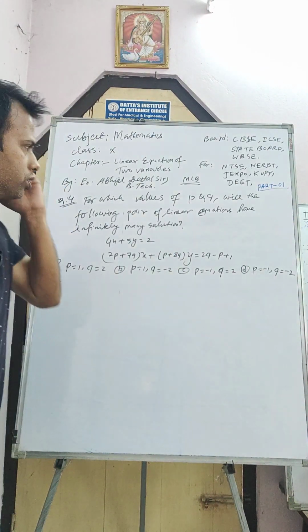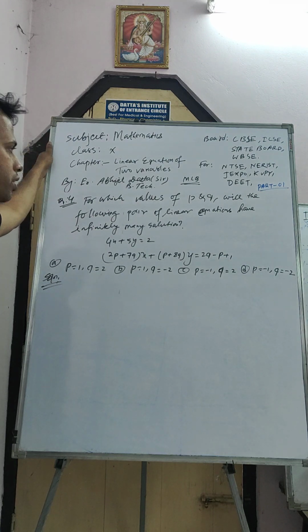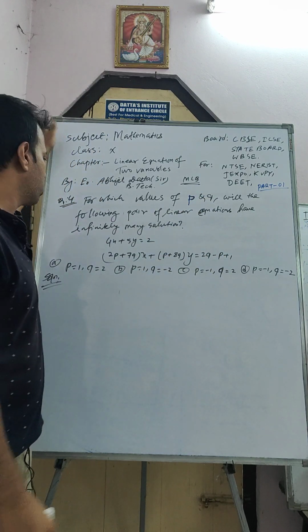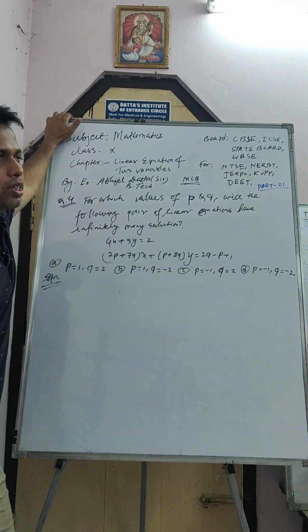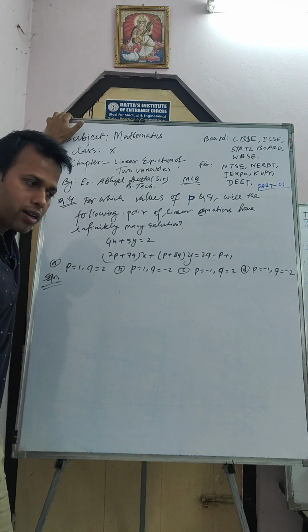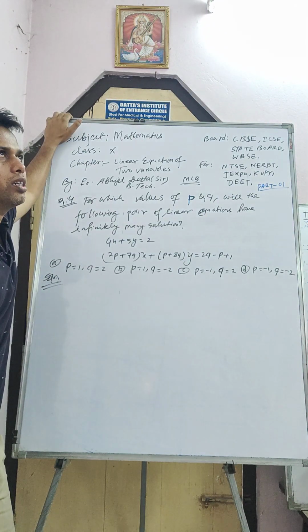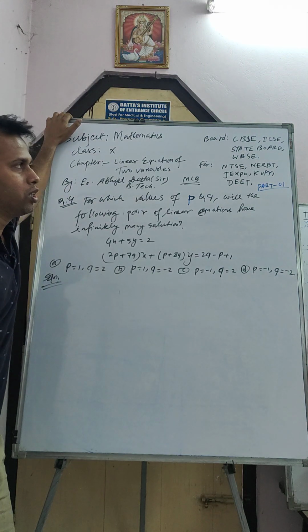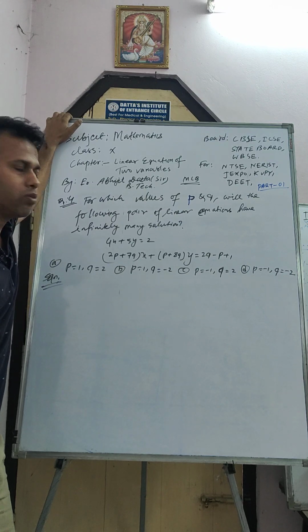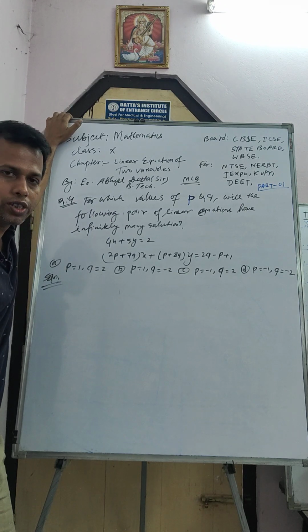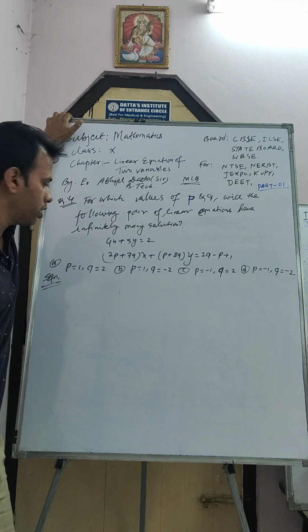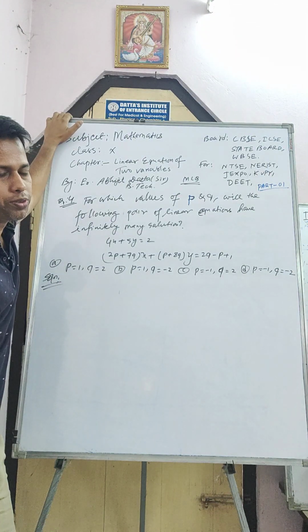So students, our next question, that is question number 4. For which values of p and q will the following pair of linear equations have infinitely many solutions? That means two equations are given and they mention the two equations have infinitely many solutions. That is consistent but infinitely many solutions are there. So we have to use the condition a1 by a2 equal to b1 by b2 equal to c1 by c2, that is the infinitely many solutions condition, and from that we have to find out the values of p and q. Okay, so 4 options are given. We have to find out which option is correct.